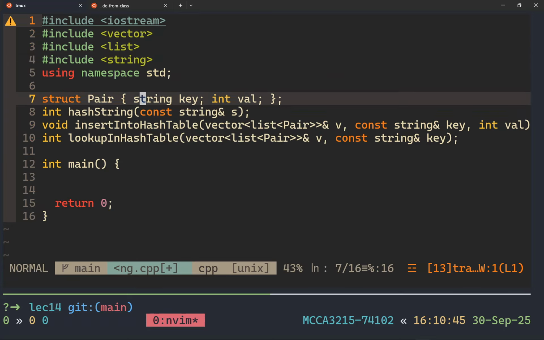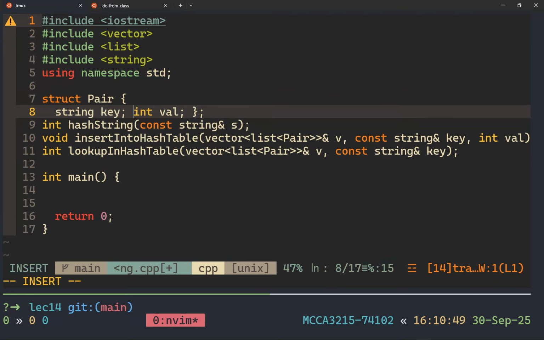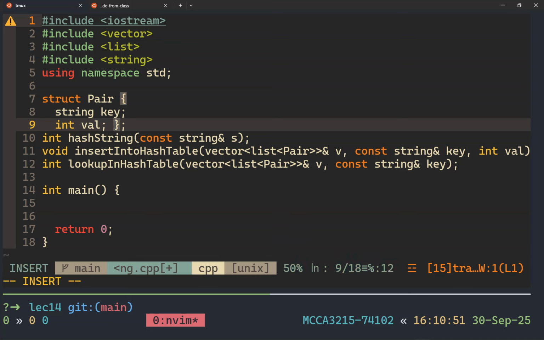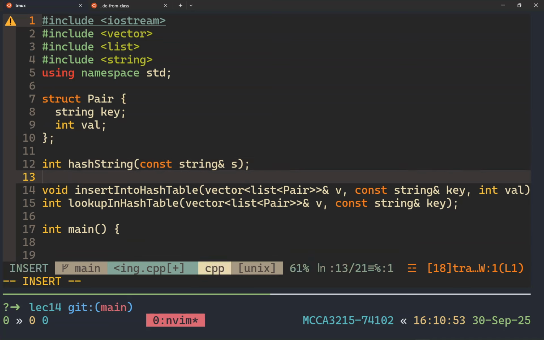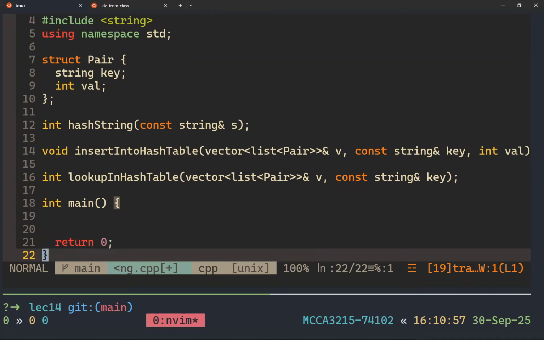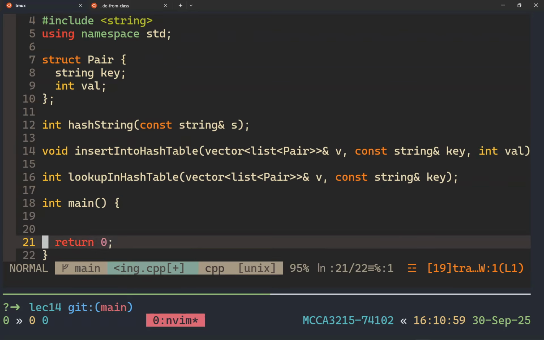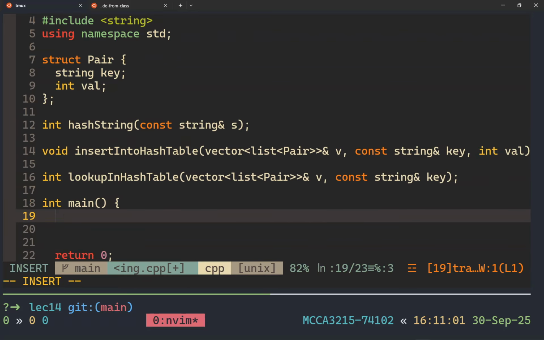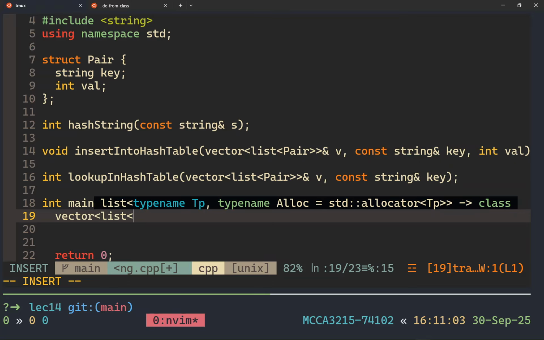And so there's my struct pair. Let's make it look pretty. And then I've got a string hash function. I've got these lookup things. And then here's how I want to use it. I better make a hash table in main somewhere. Vector of list of pairs,